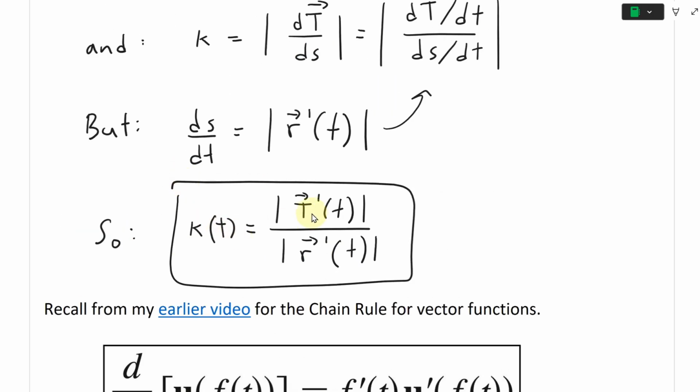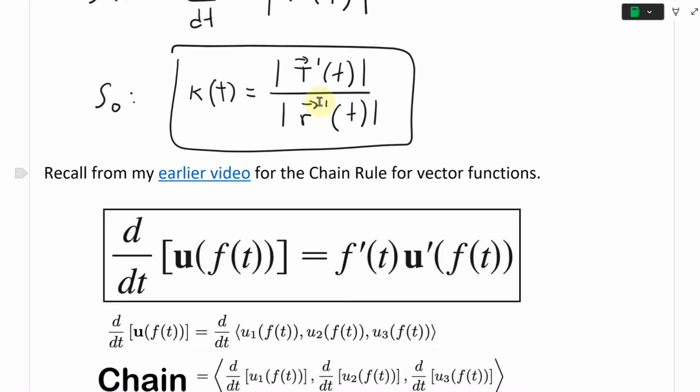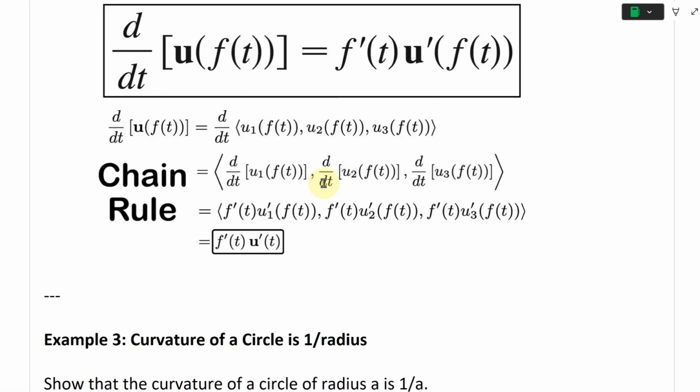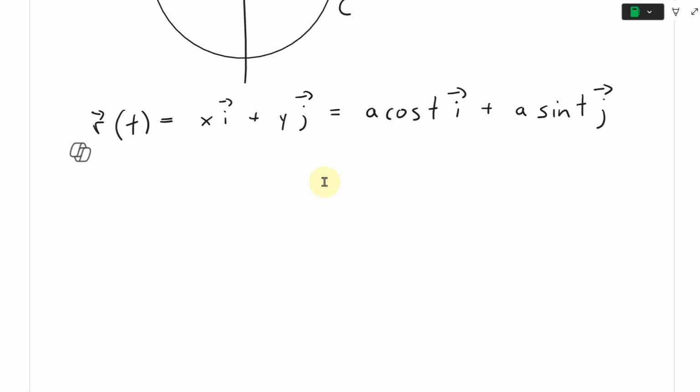So for the curvature, we need r of t like that. We need to take the derivative, r prime, and we also need T prime of t, like that. And again, this one is also dependent on the vector function derivative as well. So anyways, let's just write this further. So thus